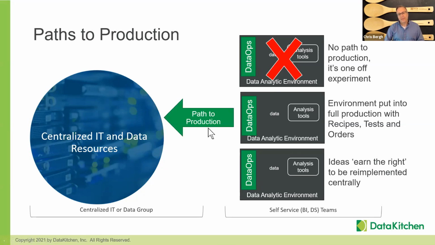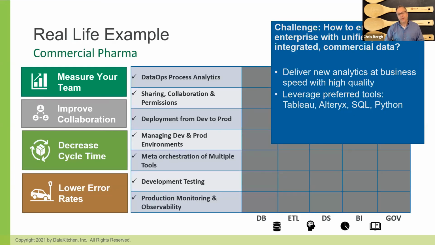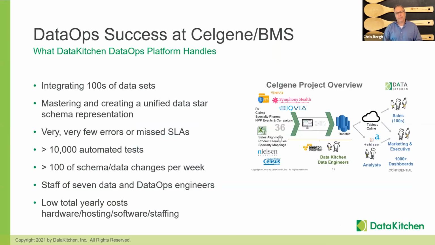And then lastly, what does good look like and how well can it be done? Here's a case of a product launch at a company we worked with, Celgene, for a brand that ended up being multiple $1 billion in sales, which is actually quite rare in pharma. They've got to integrate lots of different pharma data sets, hundreds of them, and they're all sort of lightly mastered. They need to be joined. And the data flows in daily, hourly, weekly, monthly. How do you actually get a highly integrated data set that sort of constantly changes?